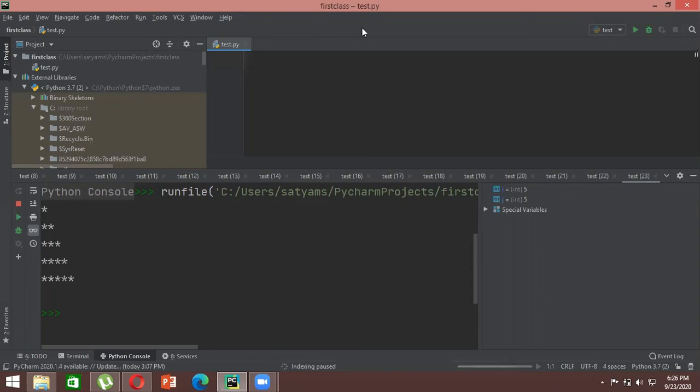So the very first rule of any function is you have to first define a function, right? Then only you can start off with whatever parameters you want to add or whatever expressions you want to add. But the very first step is you have to define. So we will write def followed by your function name, and that function name can be anything, whatever the user wants. So let's say we are printing a pattern. So let's write pattern. Okay.